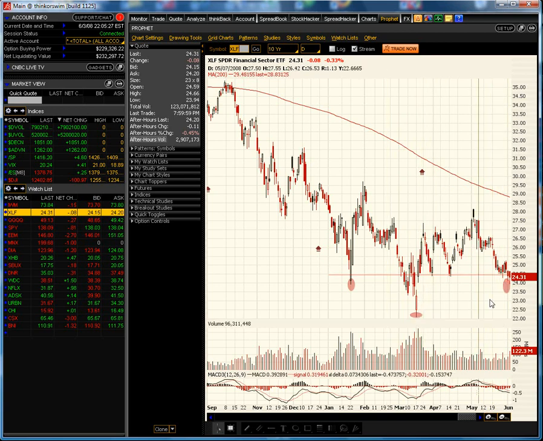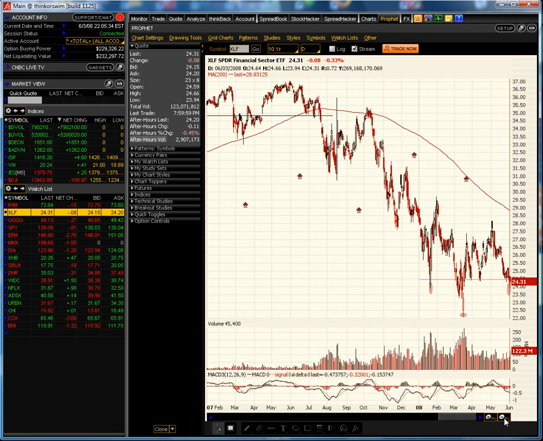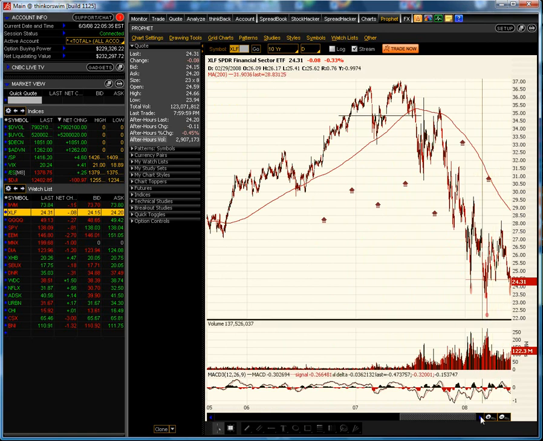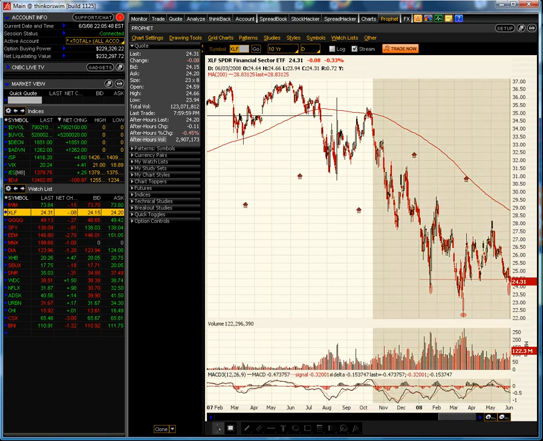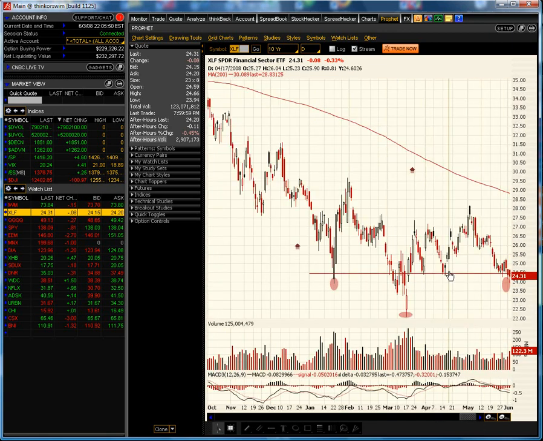But if you're a technician, you might say, well, this could be a reverse head and shoulders pattern. It's a little too early to tell yet, but if the financial sector is starting to perk up a little bit here, this is an ETF that I'd be very interested in taking a look at and doing some of the strategies that I reveal in module 11